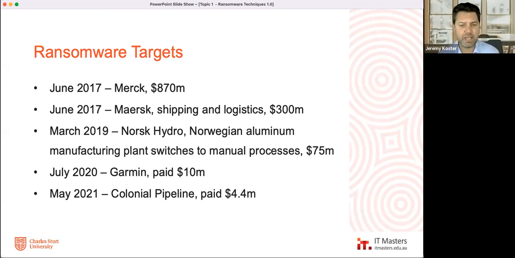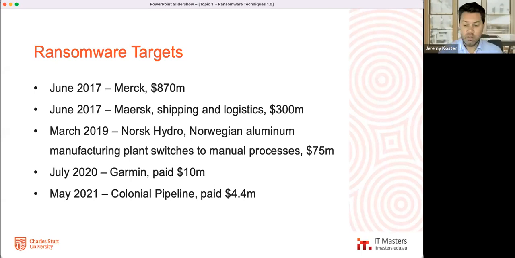Then we have Colonial Pipeline, apparently paid 4.4 million. They apparently got a fair bit of that back, but that was another sort of type of ransom. And these are the ones we know about. There's clearly ransomware that makes the headlines, some that doesn't, the smaller ones that may be able to recover before they have massive damage. They're essentially making a lot of money from this.